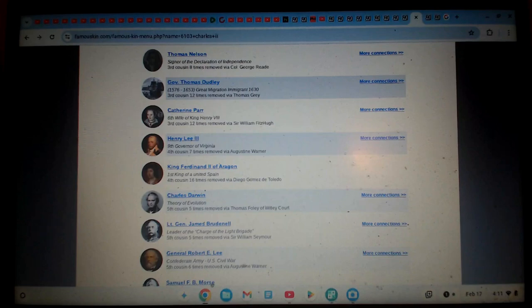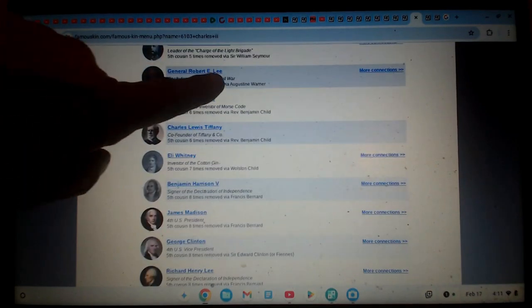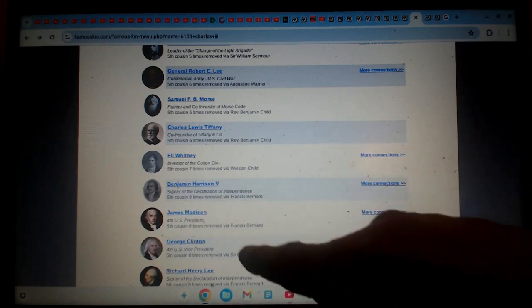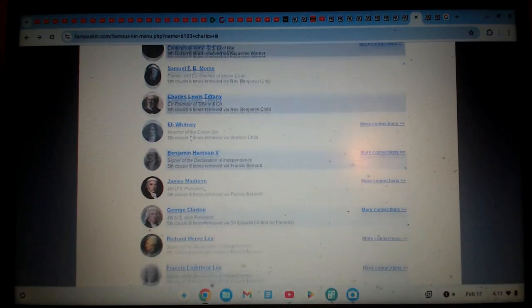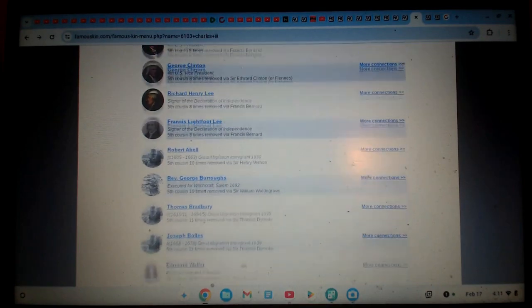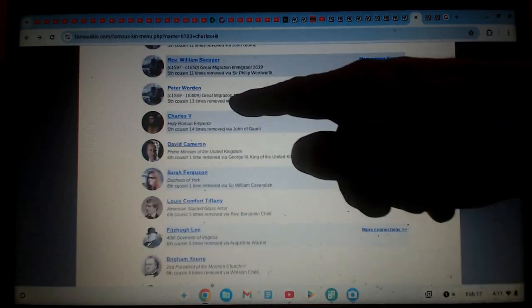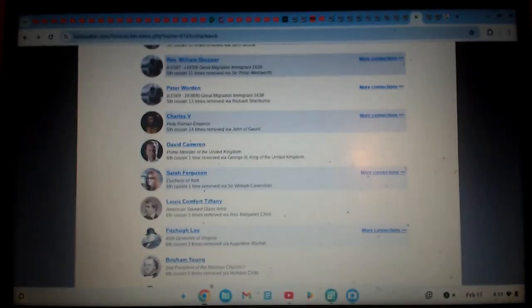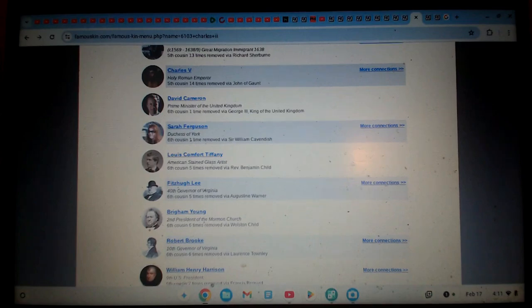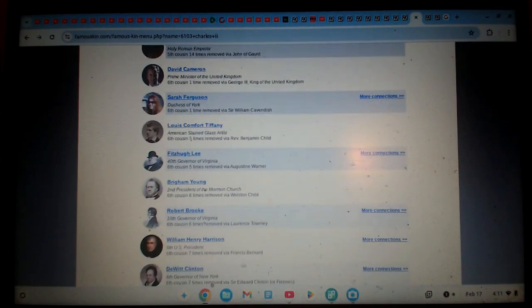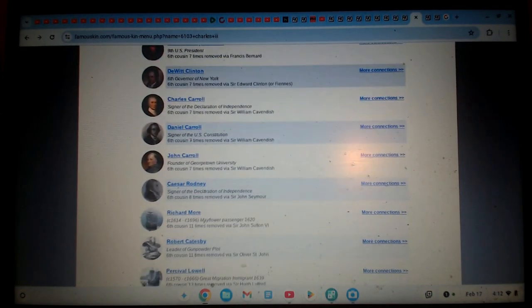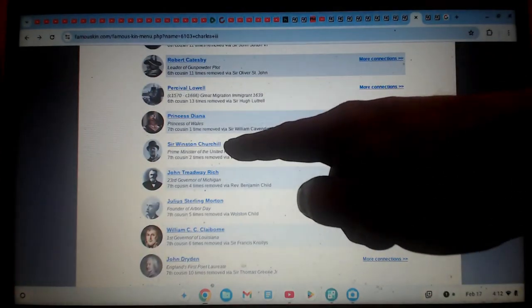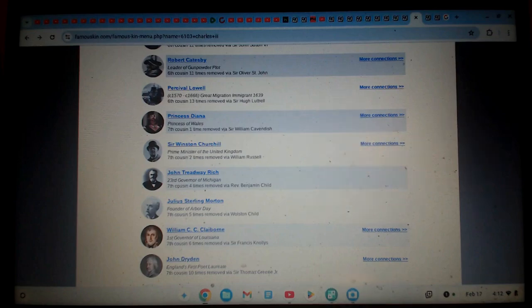United Spain. And you notice how all the people from America, Robert E. Lee, Benjamin Harrison, James Madison, George Clinton, all these people from the United States are related to these people, man. Here we go. Charles V, 5th cousin. Sarah Ferguson, 6th cousin. Winston Churchill, Prime Minister of the UK. Princess Diana,